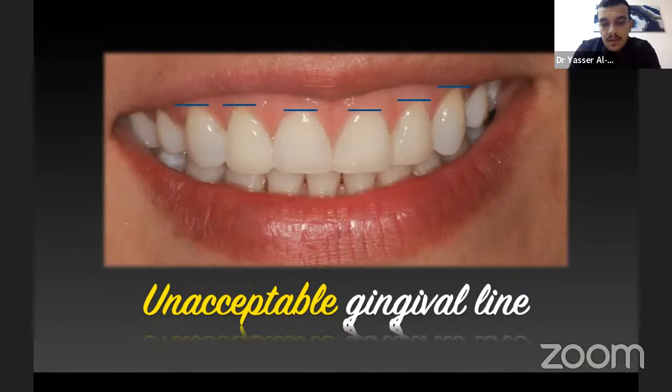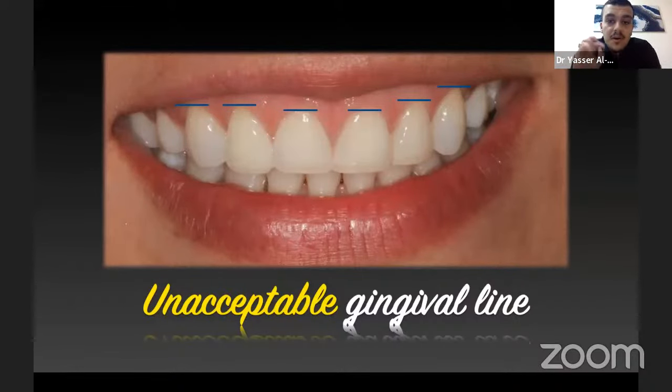So in smile design, or when we decide to make a whole smile rehabilitation or smile makeover for the patient, we should equalize the canines and the centrals and make them higher than the lateral incisors, either by surgical crown lengthening, or laser-assisted gingivectomy, or aesthetic gingivectomy or gingivoplasty, to give it a natural look, to give it an ideal look, because we don't deal with white, I mean the teeth themselves, but we deal with the soft tissue.